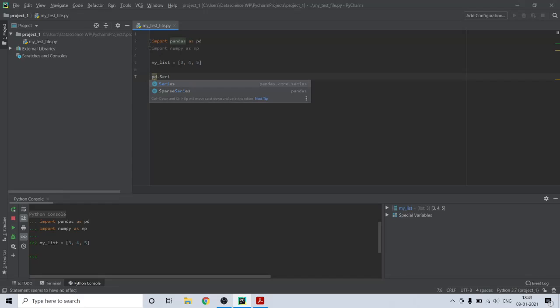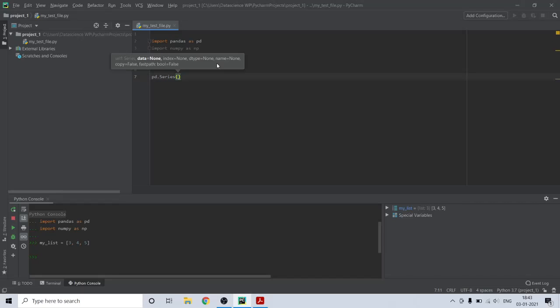Now the way we can convert the list into a series object is if we simply call pd.Series. pd is the alias for pandas. The way this works is we have imported pandas as pd, so in the code, wherever we mention pd, Python will understand that we are referring to pandas. So here if we say pd.Series, and inside this I pass in my variable called myList, and